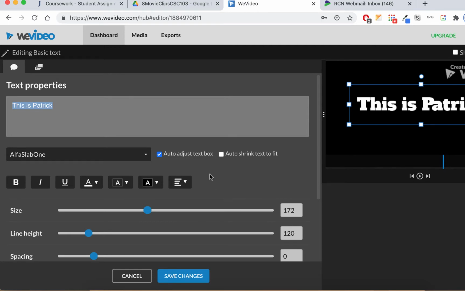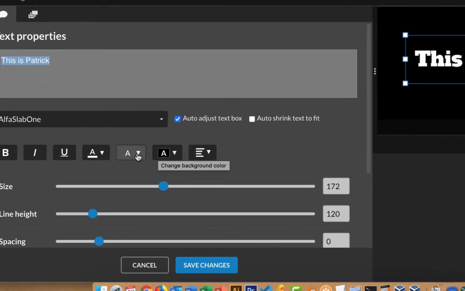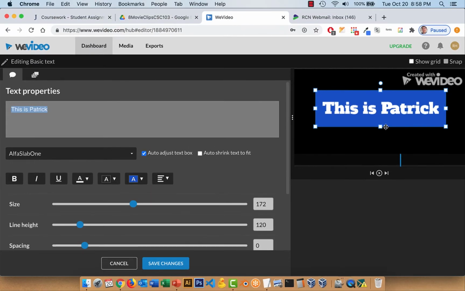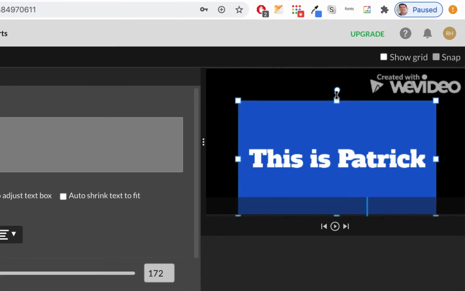And then what I'm going to do, I'll leave it white and I'll give it a blue background. This is the background. These look the same. This is like kind of like a highlight. This is the background of the whole block. It's hard to tell, but it's background color of the whole block. So I'm going to go here and I'll make it like a blue color, like just kind of a dark blue, something like that. Now I'm going to drag this down to the end of this preview window and kind